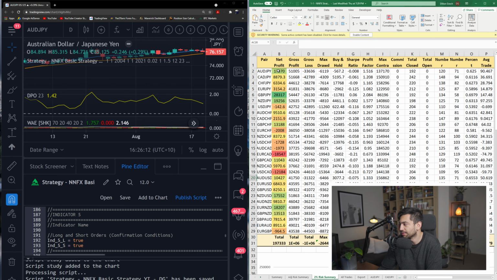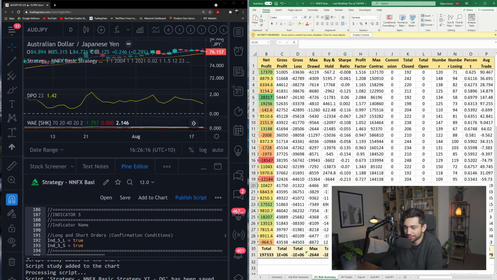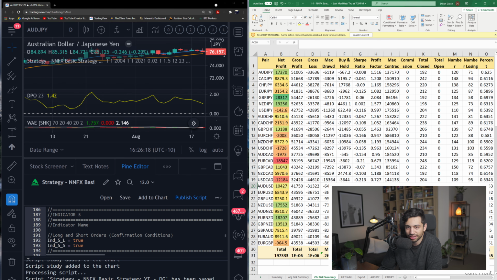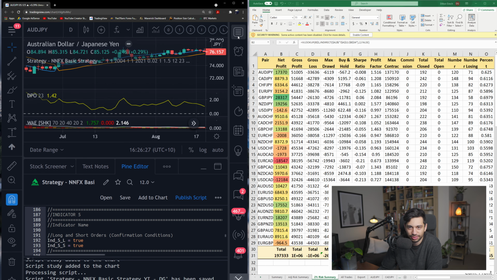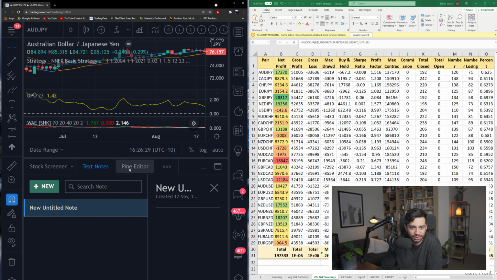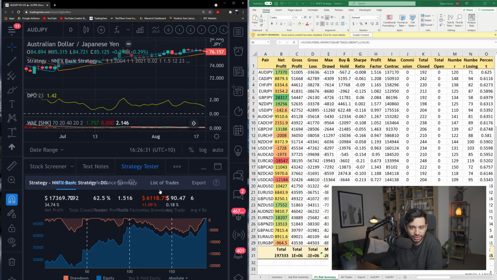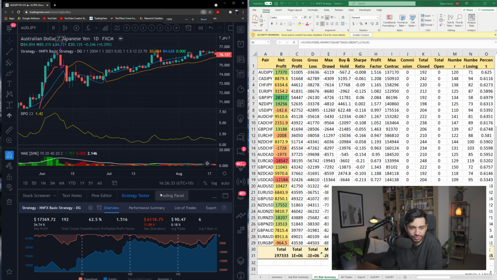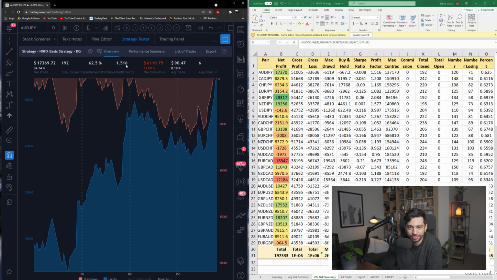This is the one I want to go through. So this is the summary page. I'm just going to go through some of the currency pairs, just to make sure that it's giving the same results here. Let me zoom out a little bit. Oh, I can't do that. Okay, so what we want to see